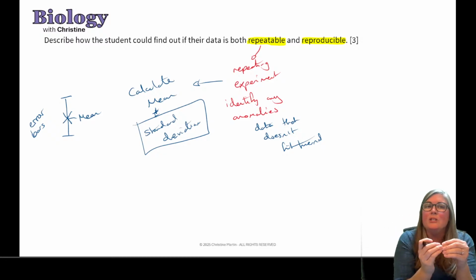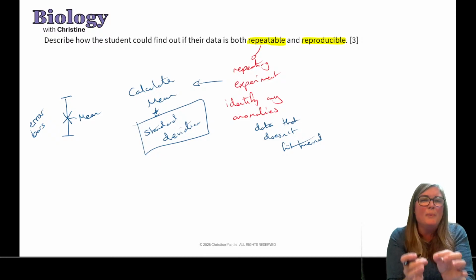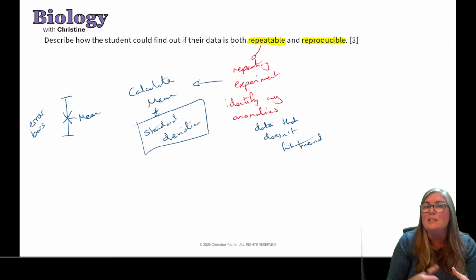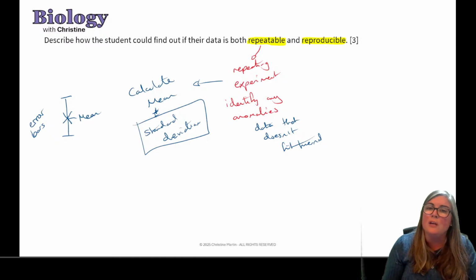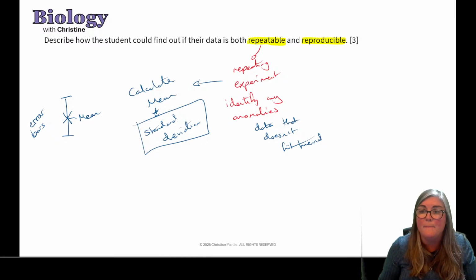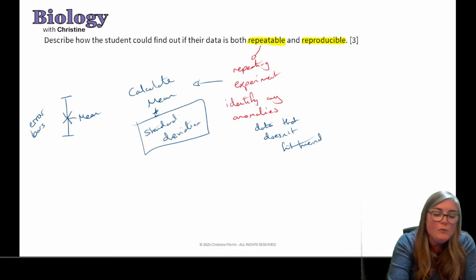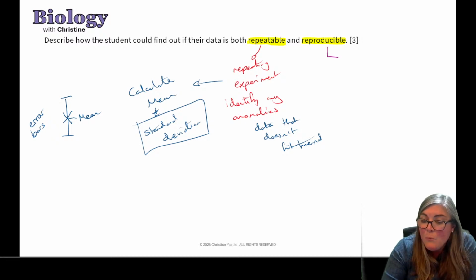So if they ask you how they could find out if their data is repeatable, repeat it. Repeat the experiment, keep repeating it, identify any anomalous results, ones that don't fit our pattern, and we can do that through the calculation of our mean. Now, what does reproducible mean? Well, reproducible is slightly different. If someone else, so if another student